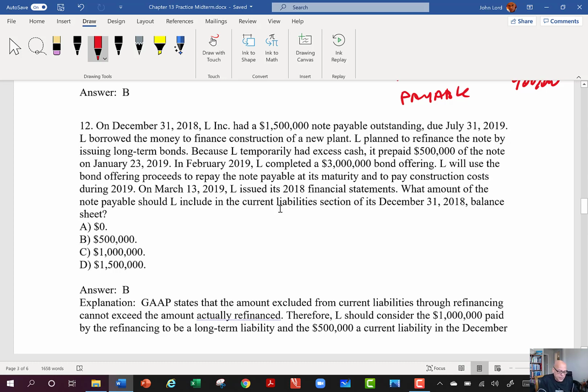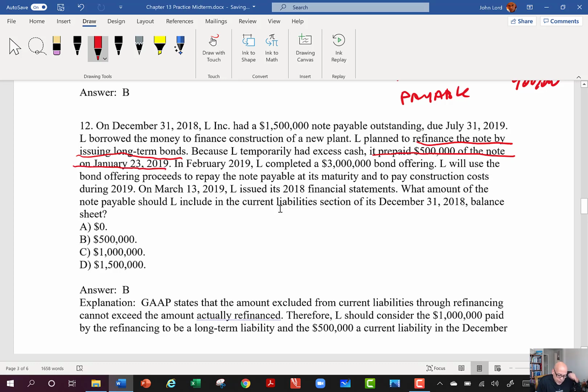L planned to refinance the note by issuing long-term bonds. Okay, so I'm going to refinance this note by issuing some bonds. I'm going to issue the bonds, and then I'm going to take the money from the bonds and use it to retire this note, to pay off this note. Because L temporarily had excess cash, it prepaid $500,000 of the note on January 23rd,